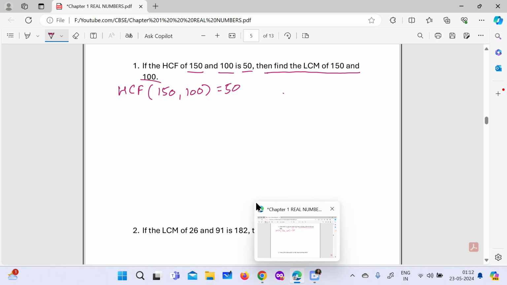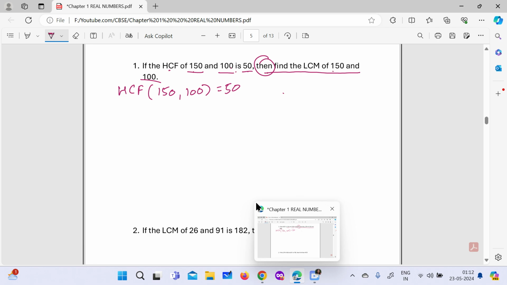So this is given. Let's make a note of it. Be very clear about it: the question is presented in the form of the HCF of two numbers, and then you have to find the LCM. So if you are going to do prime factorization for LCM, then it is going to be wrong. You are not going to get marks for that. You have to work